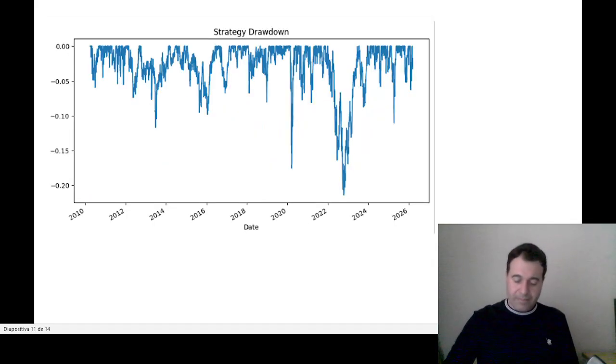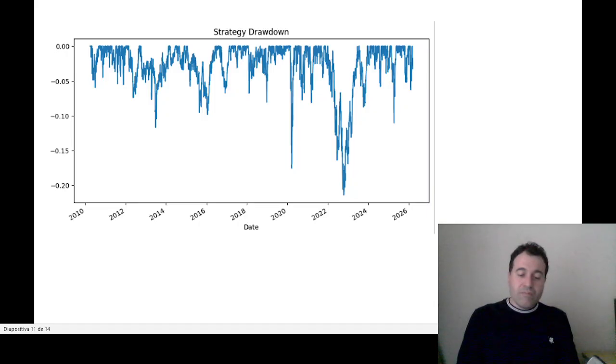Strategy drawdown. Drawdown measures the decline of a portfolio from its historical peak. This metric helps evaluate the downside risk of the strategy. From the chart, we observe that the strategy experienced several temporary drawdowns, which are normal for any investment strategy. The maximum drawdown appears to be around minus